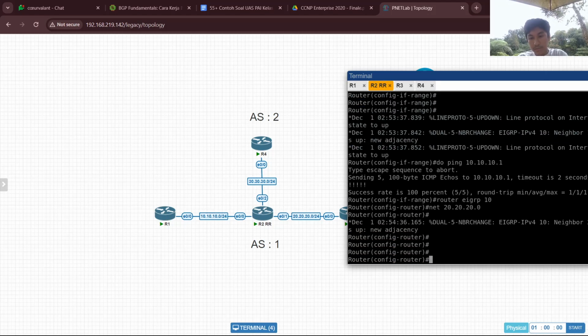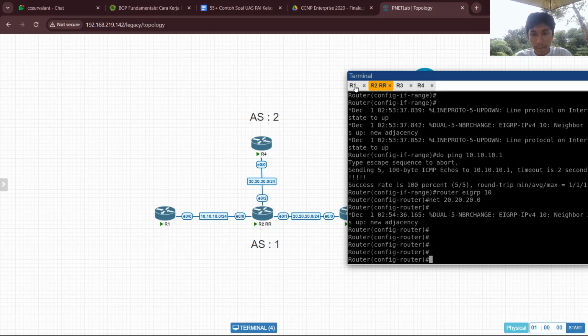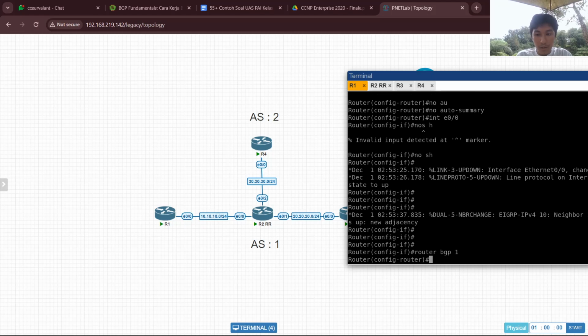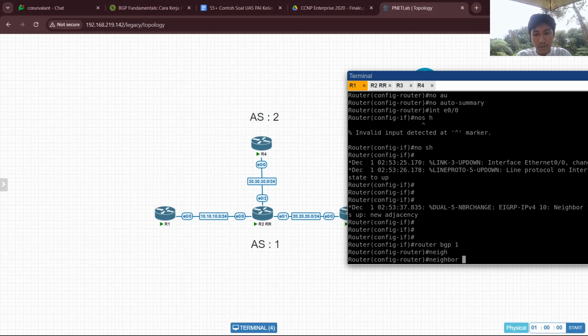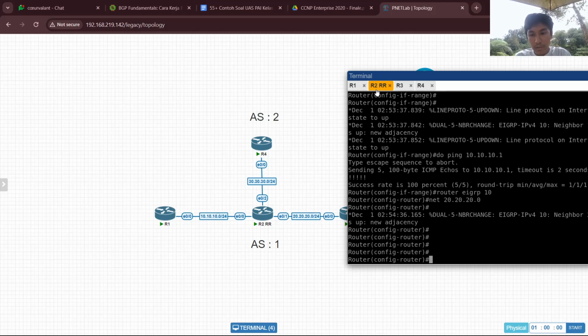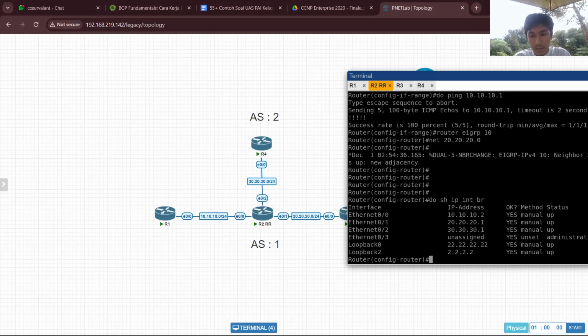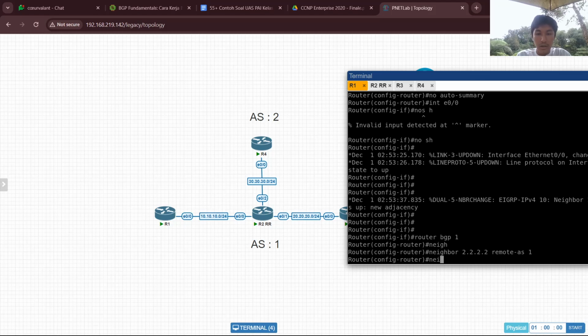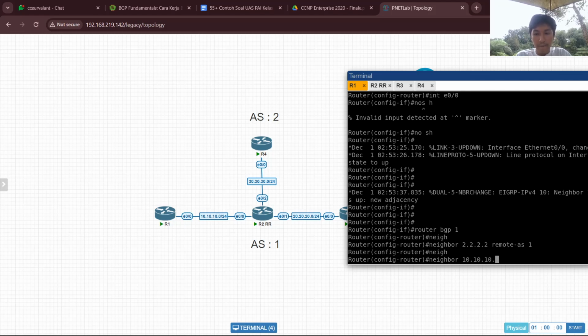Now router 1, make a BGP 1 neighbor. I forgot the IP address. So this loopback address will be the route reflector for the other router. Neighbor 2.2.2.2 remote AS 1. Add neighbor 10.10.10.